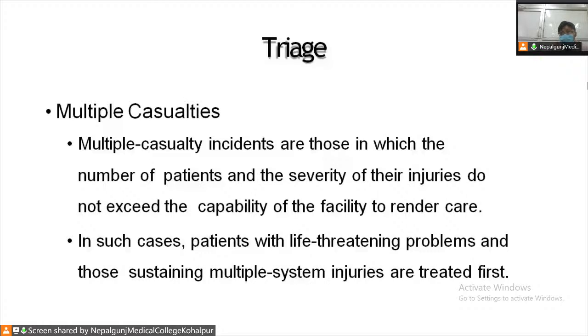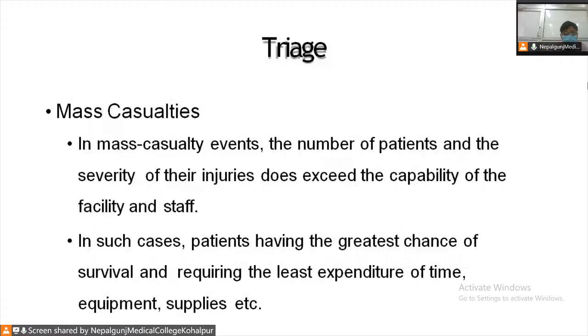In such a case, the most important thing is that we need to treat the life-threatening problem first, and those with multi-system injuries, because it is the prime cause of death. In mass casualties, the number of patients and the severity of injuries exceed the capability of the staff. In such a case, the patient having the greatest chance of survival and requiring the least expenditure of time and equipment is